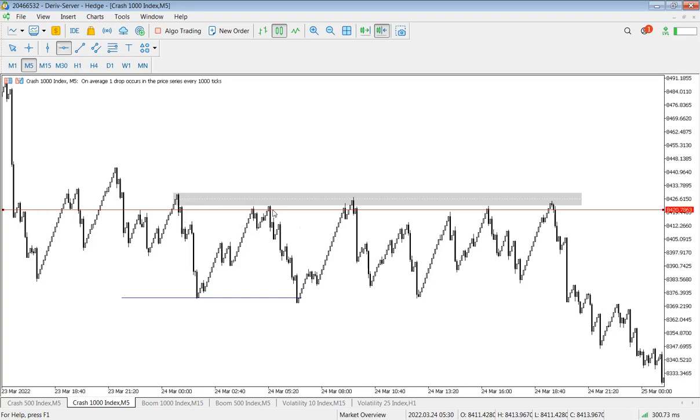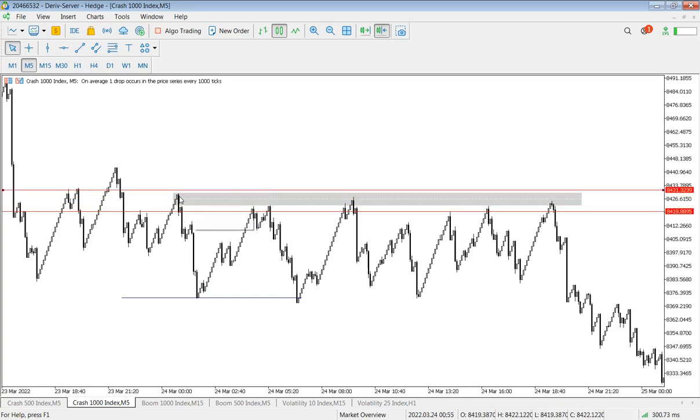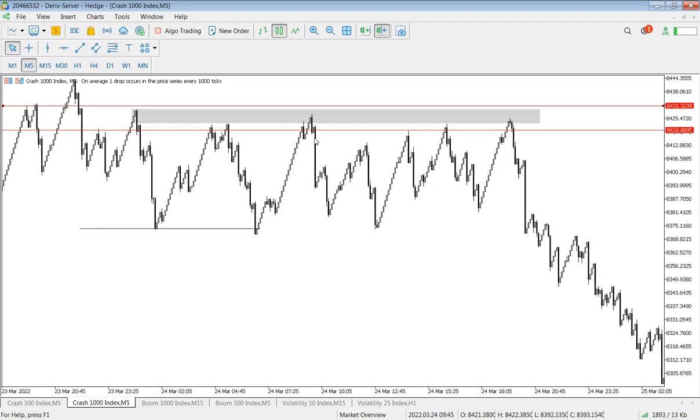Assuming your entry is here, your stop loss will now be above this proportion block. So this is what market did. Market trend to the downside, trend to the upside again, started dropping. Assuming as price got reacted here and here, you close, then you wait for price to trend to the upside to this place, drop again,